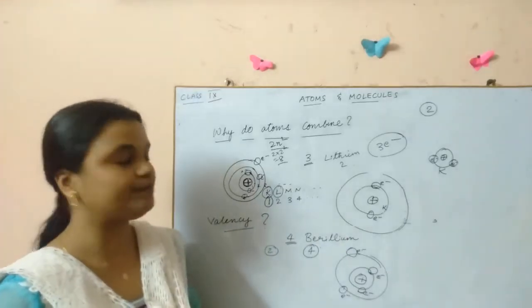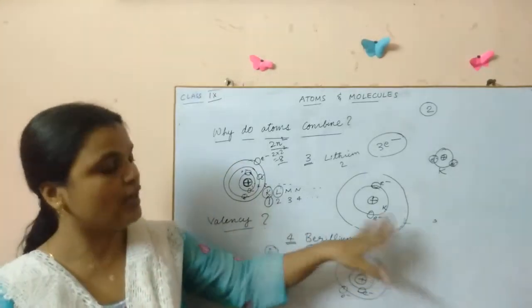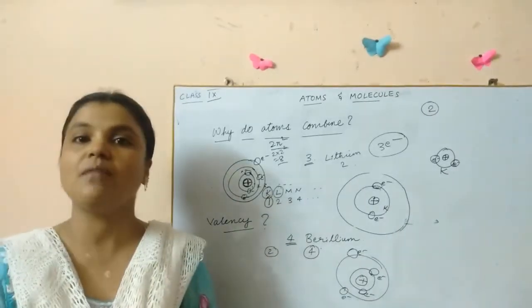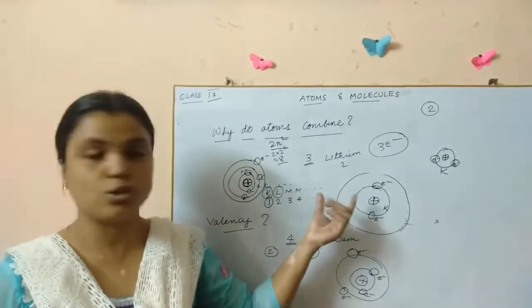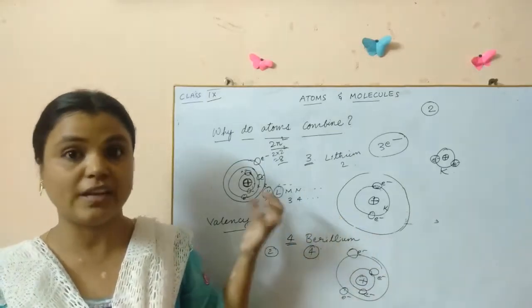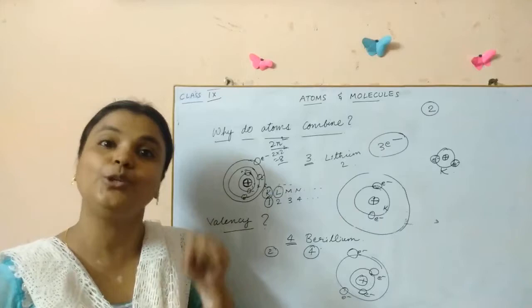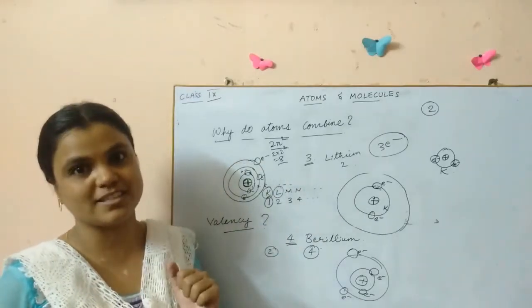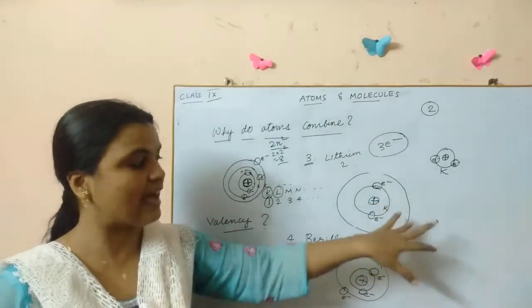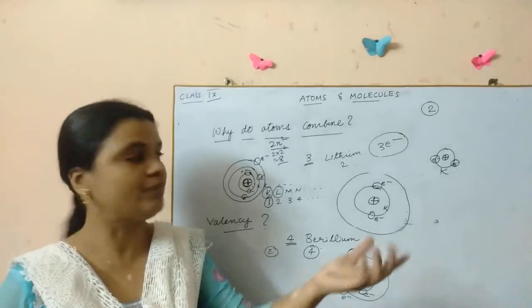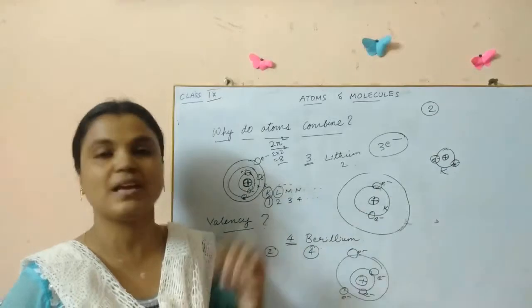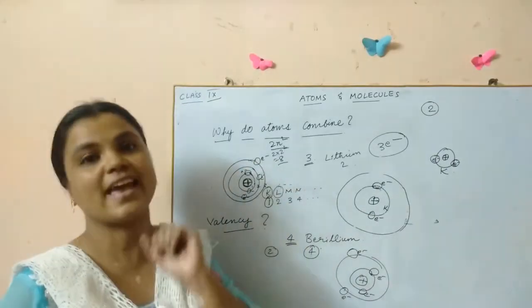Please think about it. In my next video. So here, let us consider these are all metals, isn't it, children? Lithium, beryllium, these are all metals. In 8th class, we learned about metals and non-metals. We learned that metals tend to lose electrons and become positively charged, right? So these metals have the ability to lose electrons. How many electrons they lose, that much will be their valency. So they lose electrons and become positively charged ions, cations.